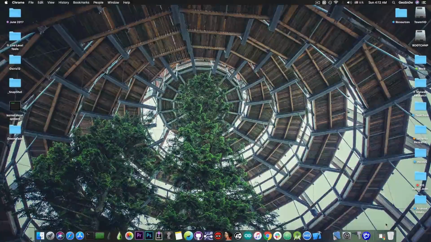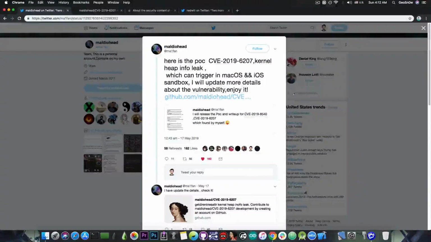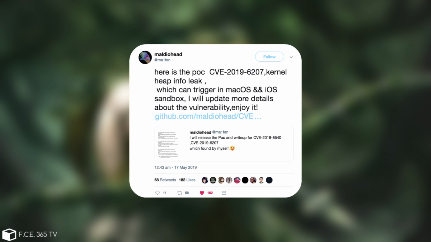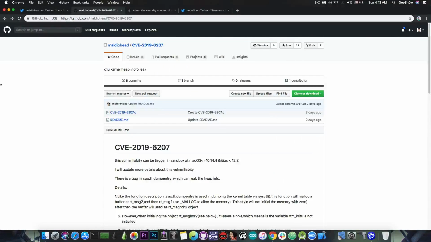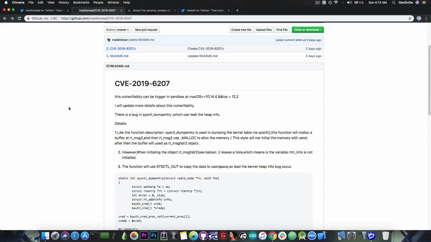So just a few hours ago, security researcher maldiohead posted, quote, "Here's the PoC, or proof of concept, CVE-2019-6207, kernel heap info leak, which can trigger in macOS and iOS sandbox. I will update more details about the vulnerability. Enjoy it." And then of course he posted more details. So if you go ahead here on the GitHub page, you have the vulnerability code and of course some information